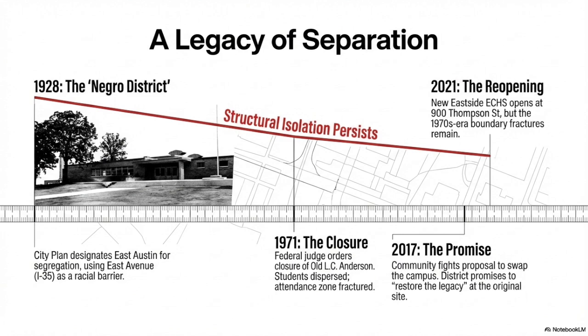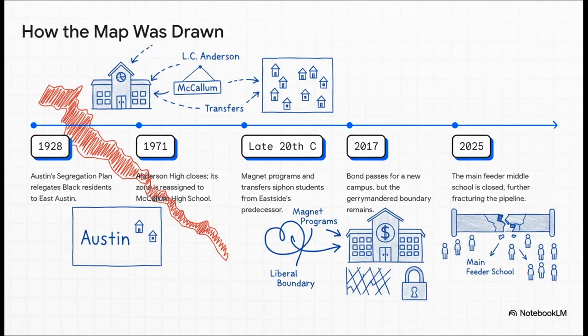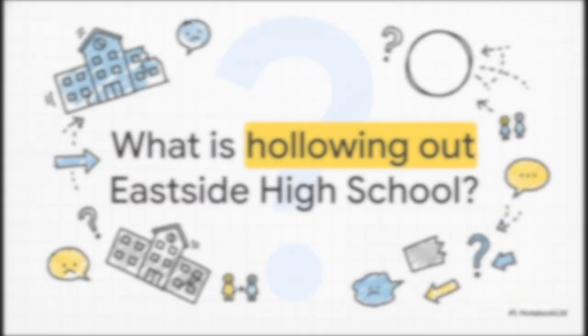Then in 2017, voters approved the money for this beautiful new campus, but the district built the building without fixing the broken boundary. And then came another chance. Last October, during the original school consolidation proposal, the district had the opportunity to redraw these lines and give Eastside a fair, natural boundary. They even originally proposed doing that. But once again, they chose not to. Under pressure from wealthier neighborhoods, the district backed away and left Eastside to operate with the highest concentration of economically disadvantaged students in Austin ISD.